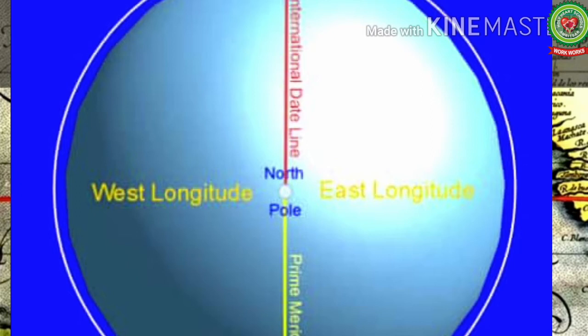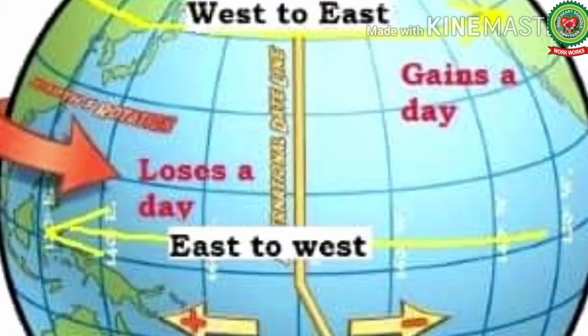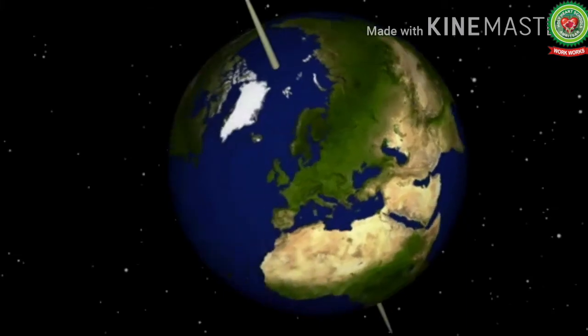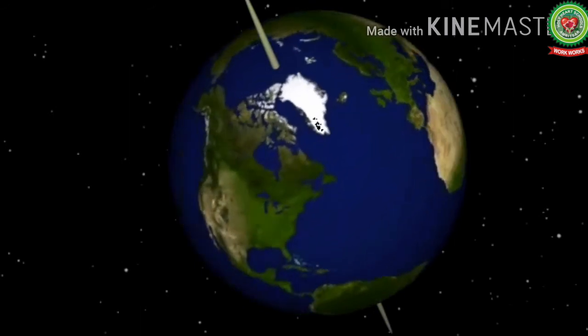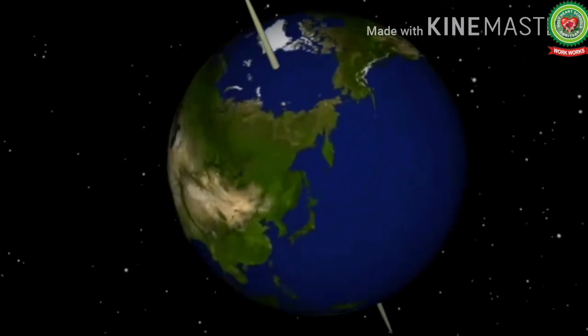International dateline lies on the opposite side of the world to the prime meridian. This line is concerned with the dates of the calendar and adopted internationally. On either side of this line, a difference of 1 day is observed. This is because Earth completes one rotation in 24 hours on its axis as it moves from west to east.